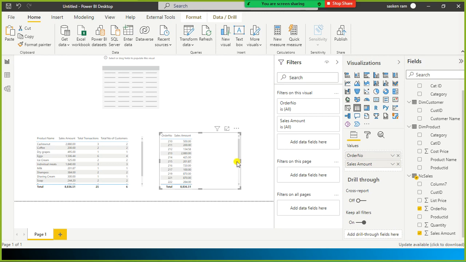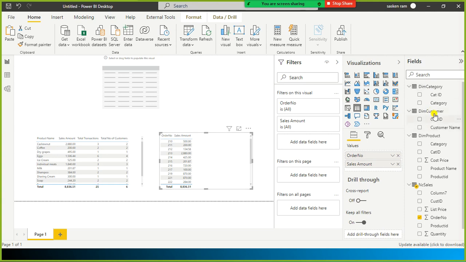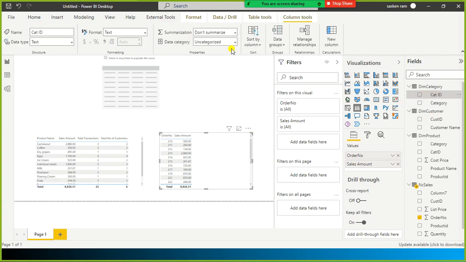Okay, so now what I want to see is, in each order, how many categories the customers purchased. For that, I check mark this. Before that, I go and see it here.